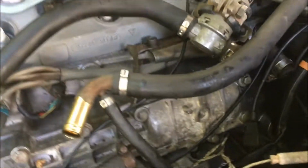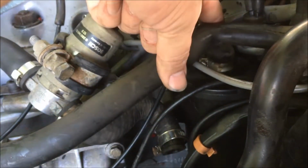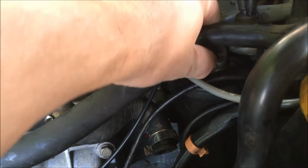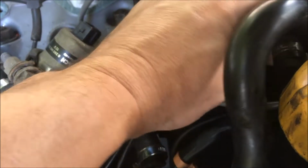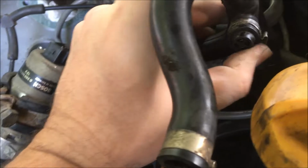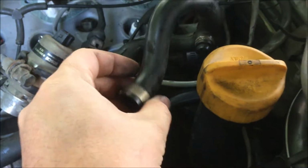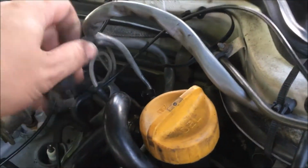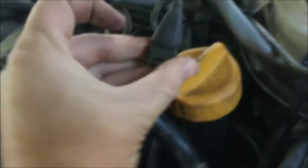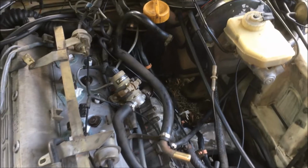Following it back across here, this is going to take us to the air oil separator. And again, since this 88 model does not have a Venturi, you have this pipe coming up here to a release valve there, and then there is another valve that's on the rear of the intake that connects to, along with this plug here. So, the only NA models with the Venturi delete were the 88 and 89 models,